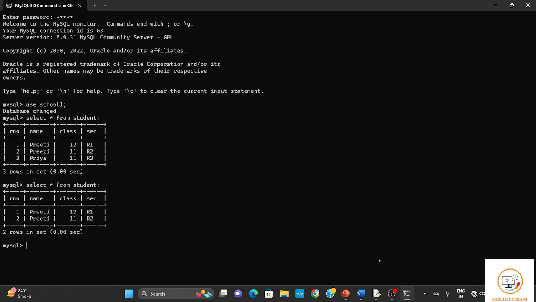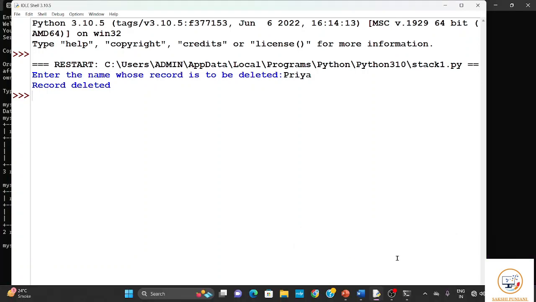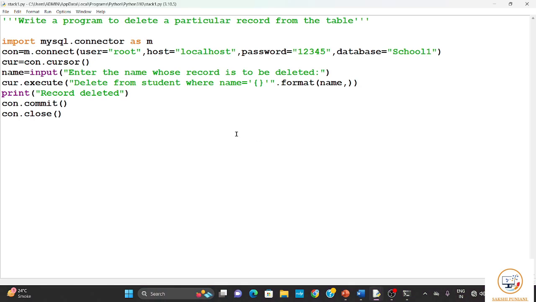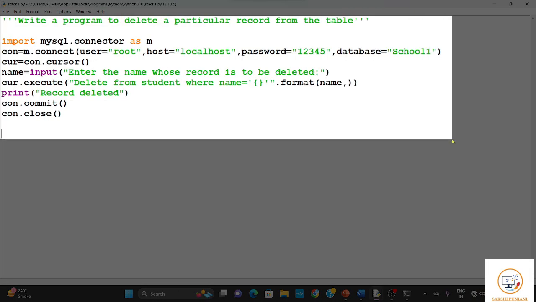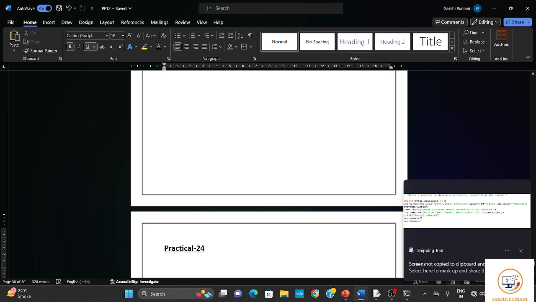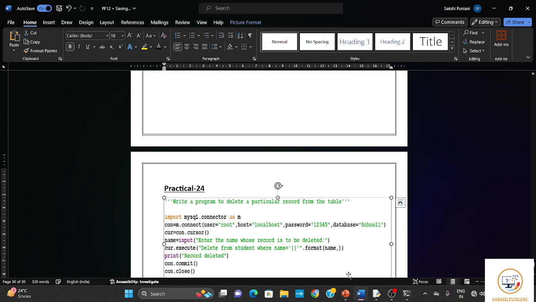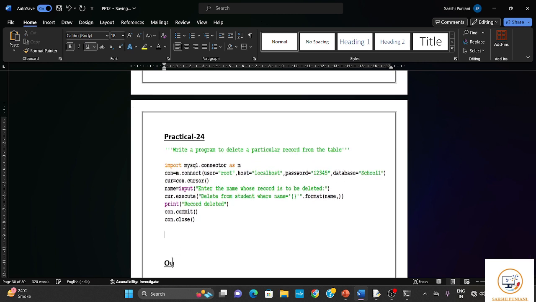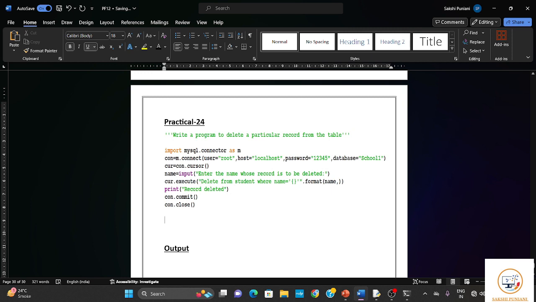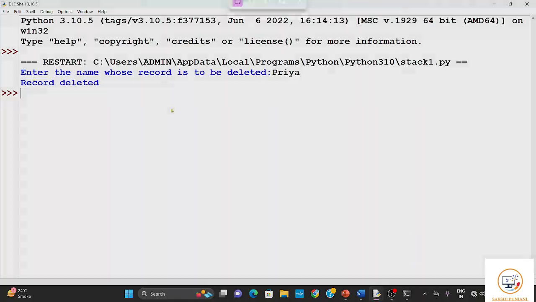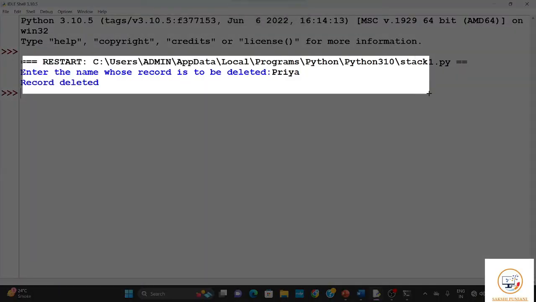So we can take the screenshot of this one along with the output screen that came in Python. So first we need to take the coding of this one. We took the screenshot of its coding from here, like this. Like this, and then we are going to the MS Word and we are going to paste it. And after pasting, we'll adjust it as per our requirement. Then we'll give the heading as output, and then press the enter key again. Go to the output screen where the output has come, Windows Shift and S. Then we are going to take the screenshot of this much part,